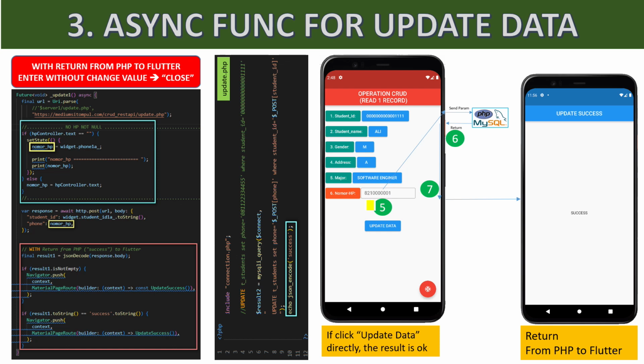If we type here or directly update here, click send to the backend and return from the backend. For example, return a success, and then for the script send to the next page. So the information, the process is success or not success.